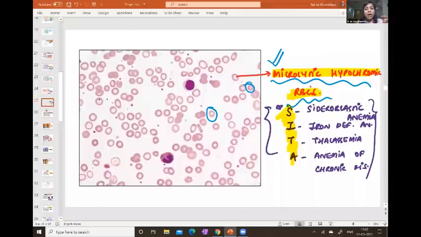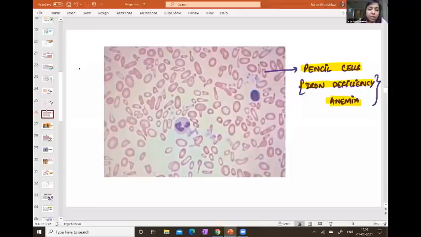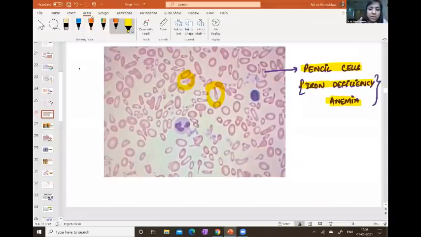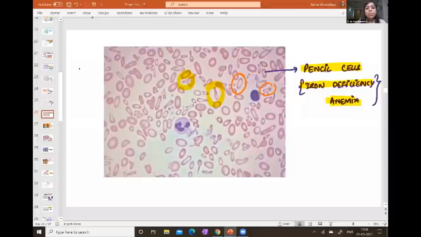Then, when my patient has got microcytic hypochromic anemia, I also look for one thing, which is these cells. Can you appreciate that these cells have a shape like that of a pencil, right? That is why they are called pencil cells, right? And these pencil cells are seen in iron deficiency anemia. Although, not particularly as students, we do not see pencil cells very frequently, or I do not use pencil cells to diagnose iron deficiency anemia very frequently, correct? But as a student, you need to remember that pencil cells are a characteristic feature of iron deficiency anemia, right?